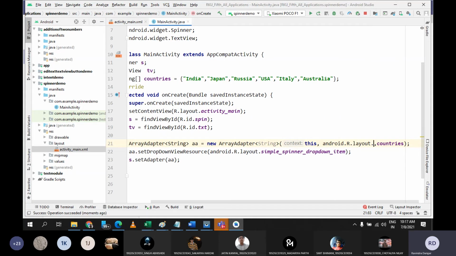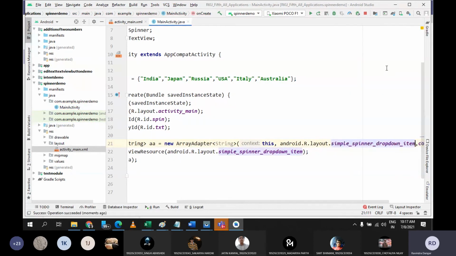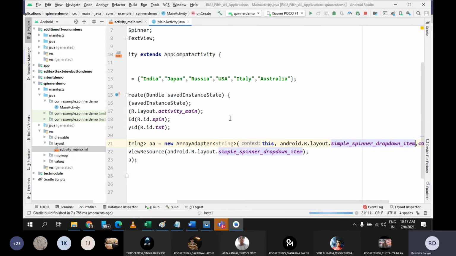Let me go with a different one, spinner drop down. Let's see what it gives. Because each pattern is dedicated for each control, so if you try to use a different pattern which is not for this control, then you will not be able to observe the changes.